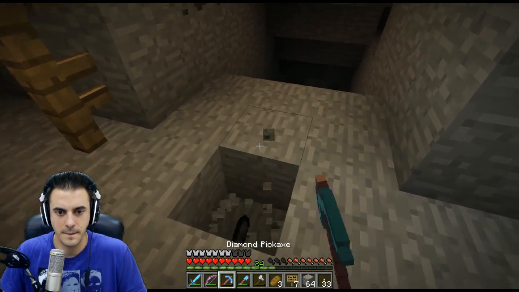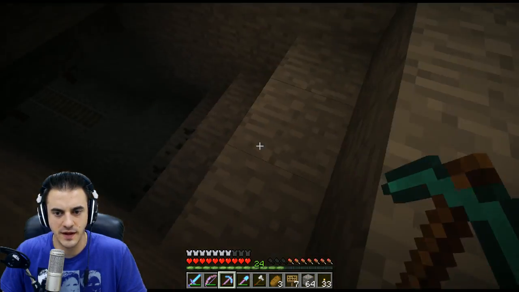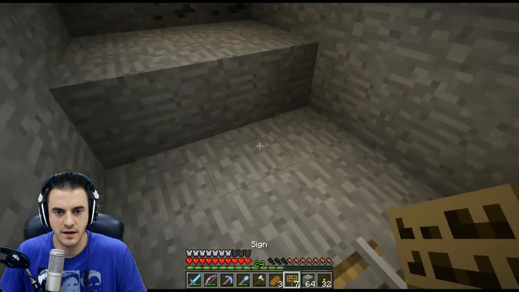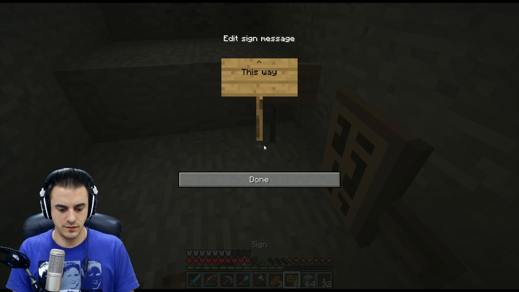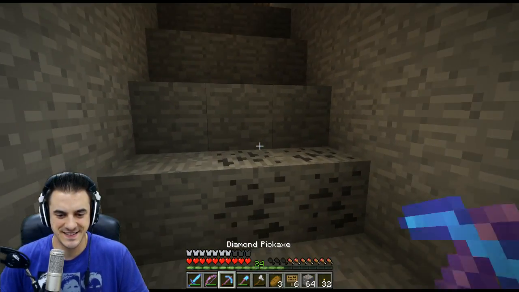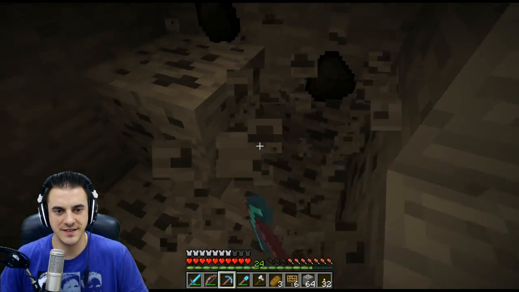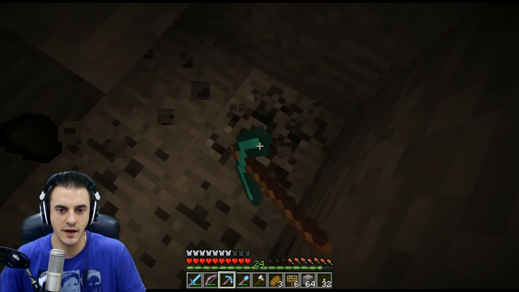Looks like some stairs. Some homemade stairs. I mean, natural stairs, not homemade stairs. Let's put a sign here. This way to Ham. Alright, let's dig this out here. We are so close to level 30. I have a feeling that what is going to happen is our pickaxe is going to break. What level are we at? So we're at Y33, so we're not even in diamond area. Are we,